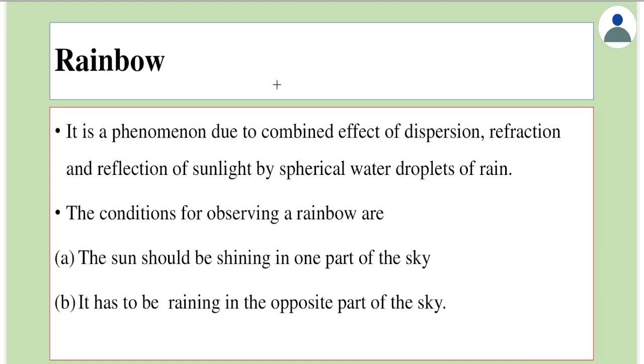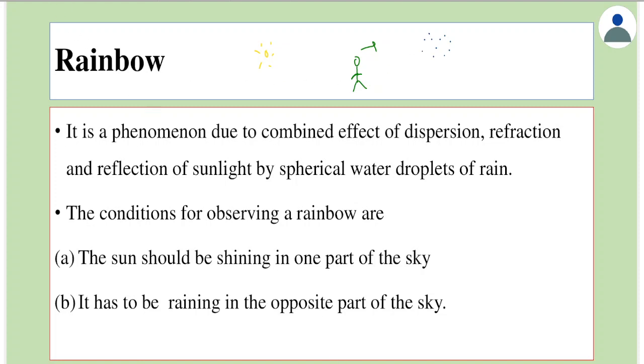So the two conditions required so that we get a rainbow are the presence of the sun in one part of the sky, which would act as a source of white light. Suppose somebody is standing here and facing this side, then we also need a material which would disperse this white light, and that would be the water droplets. Now here, observe that the water droplets and sun should be on the two sides of the observer,